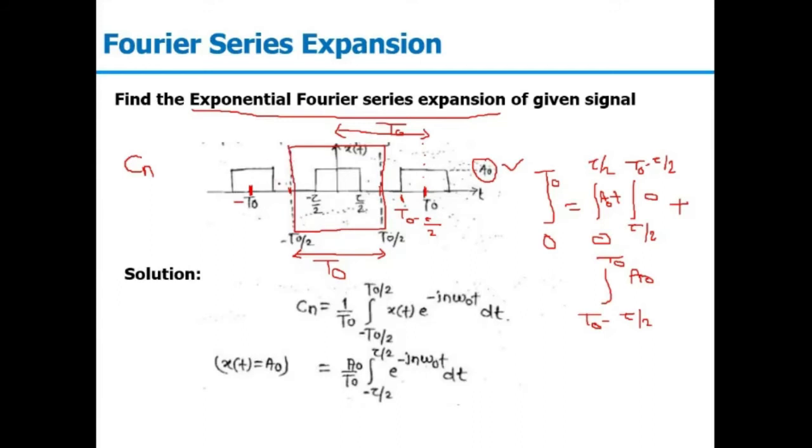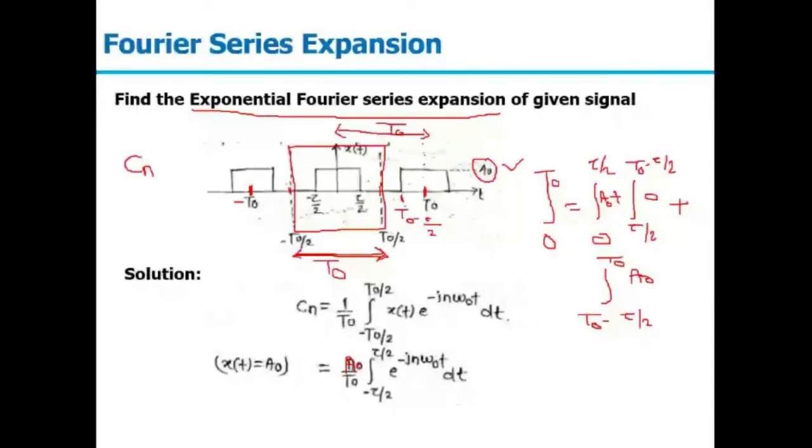So it's again up to you which portion of the time period you are considering to find the Fourier series coefficient. So in this particular example, we are considering this as a time t naught. So 1 upon t naught integration from minus t naught by 2 to t naught by 2 x of t e to the minus j n omega naught t dt. So in the considered time period, only from minus tau by 2 to tau by 2 the signal will be a naught. In all other values it is 0. So the integration will be shifted to the limits minus tau by 2 to tau by 2, and the amplitude is a naught e to the minus j n omega naught t dt.